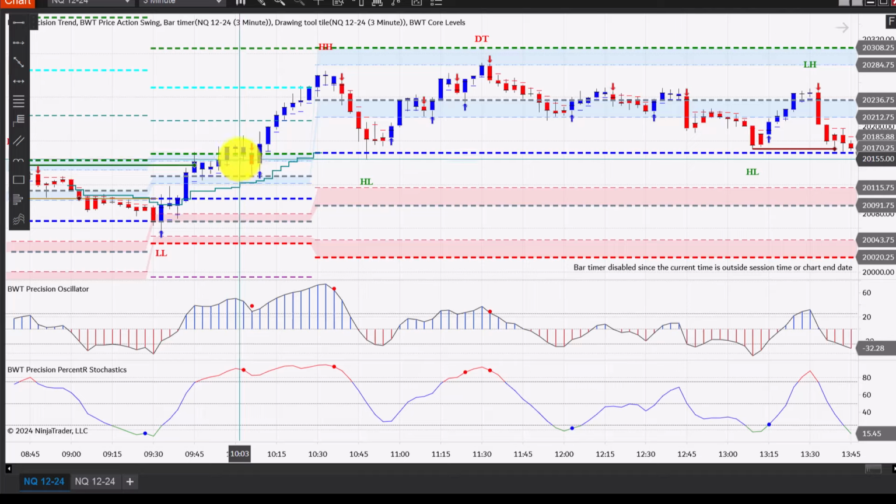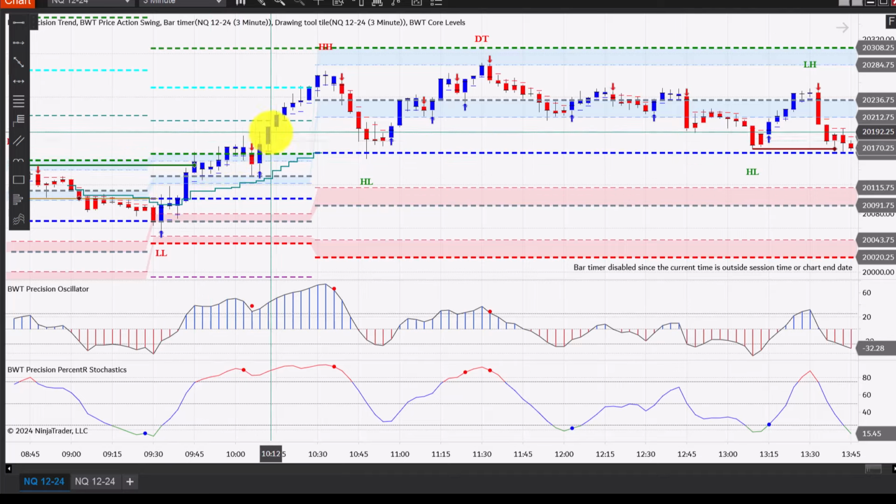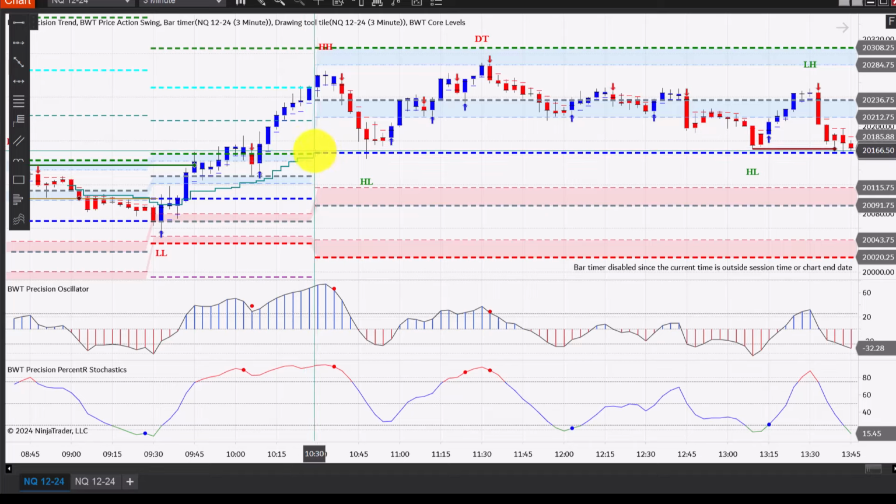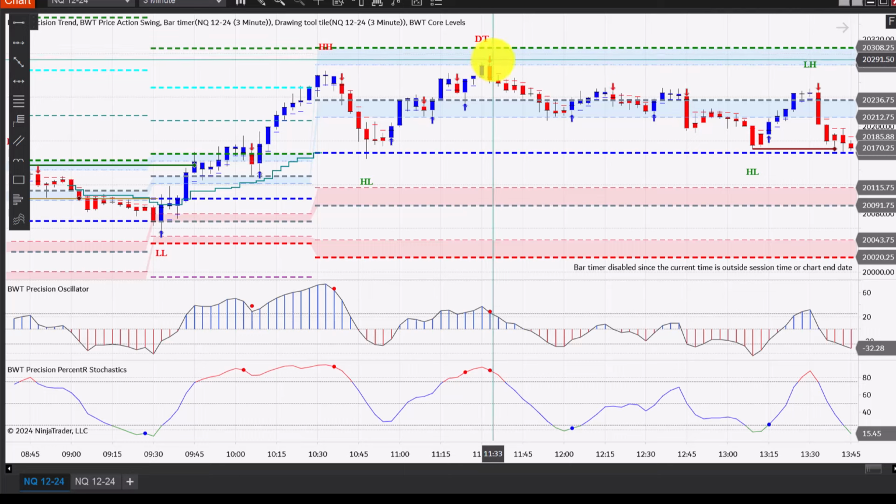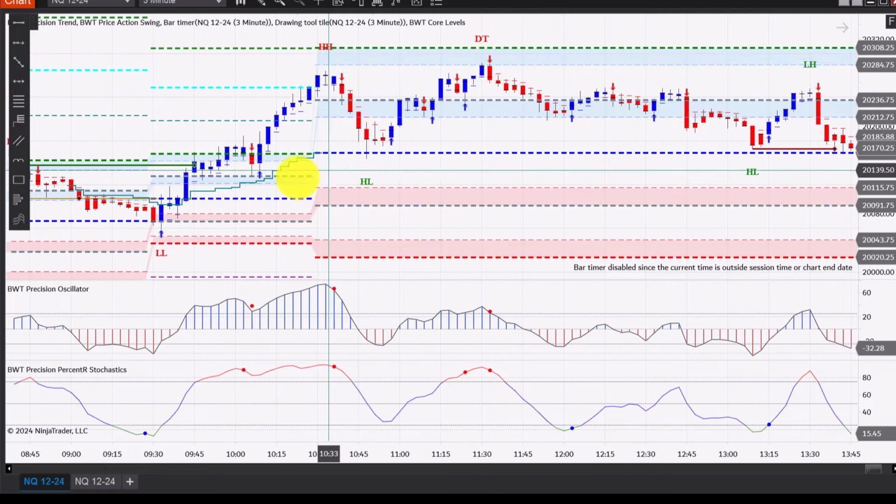So this is the expected high, this green line, that was achieved in the first hour, and then after the first hour, the expected high was moved up to here, and prices came all the way to the upper buy hot zone, and then retrace down here. So on this chart,